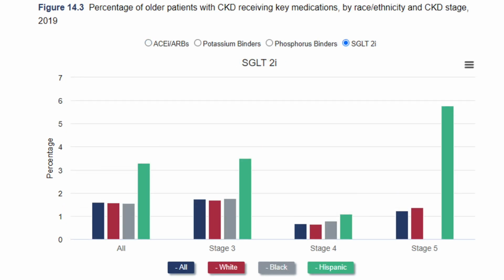But I think that if you just said, well, there's no problem, you would really be missing a huge issue, because the problem is younger patients. Oftentimes, Black and Hispanic patients are getting kidney disease at younger ages before they qualify for Medicare. And so we can't see that if we use Medicare data. So this year we're going to use Medicaid data to try to address that.